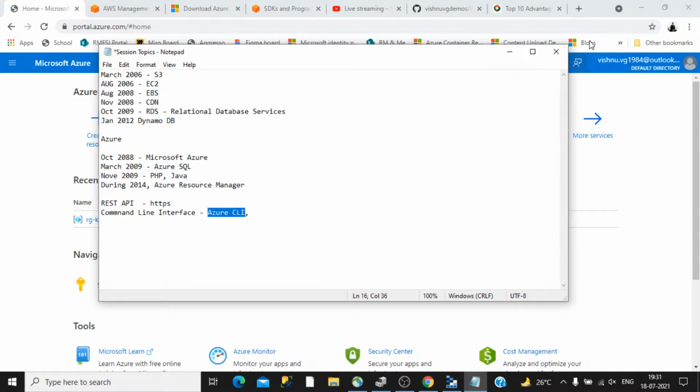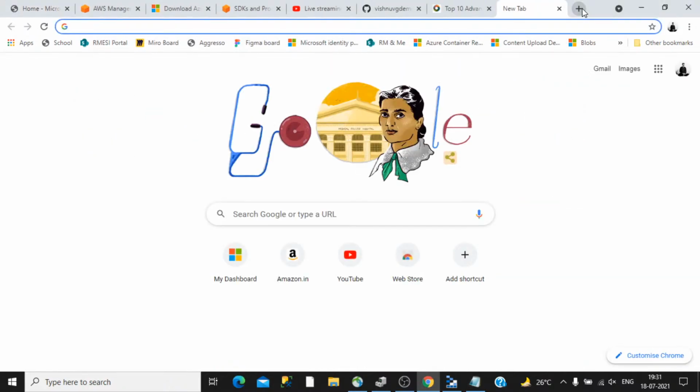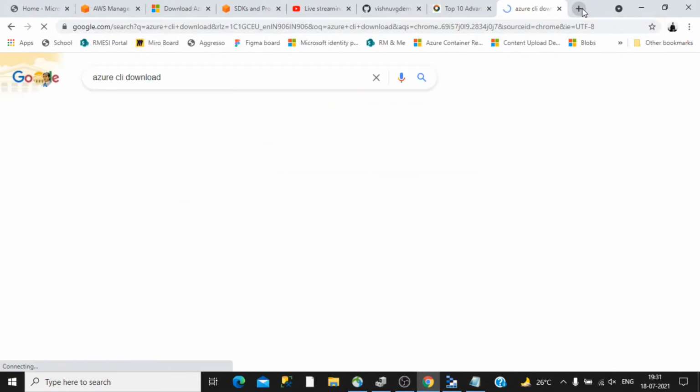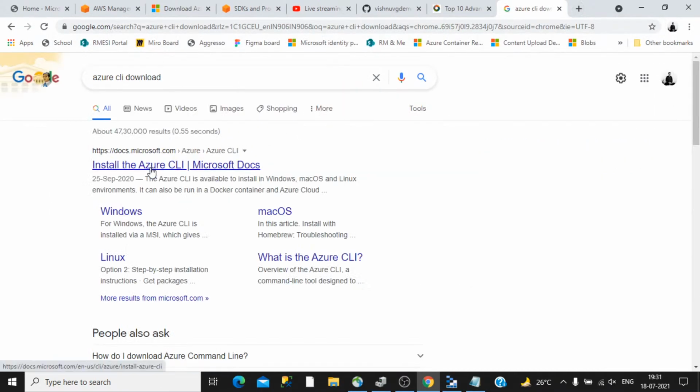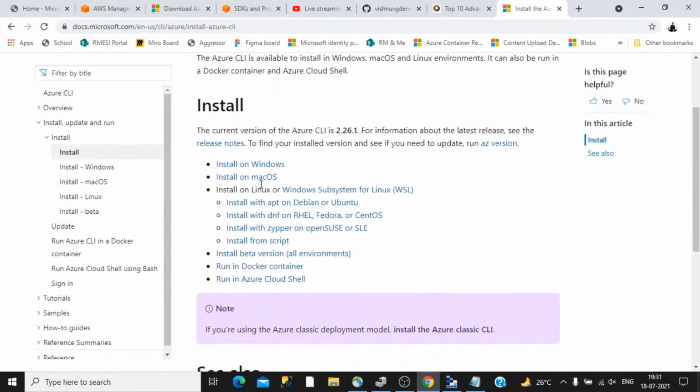You can download it from the Microsoft website. If you search for Azure CLI download, the search engine will guide you to the exact page where you can download. Based on the type of operating system you are using, you can download and install that. This is another way by which you are going to interact with the cloud.